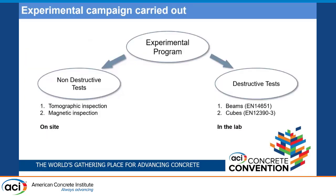We have carried out two different experimental programs, a non-destructive one in order to assess the quality of the retrofitting technique, which consists of tomographic inspection and a magnetic inspection that we have carried out on site. Then a destructive one: we have carried out some destructive tests on beams and cubes according to European code, and the tests were performed